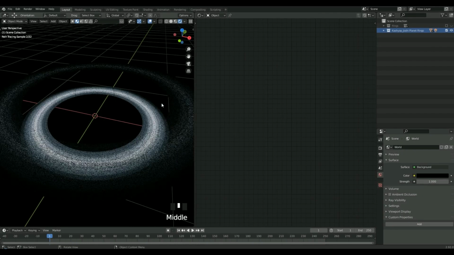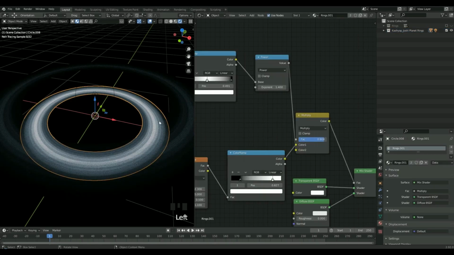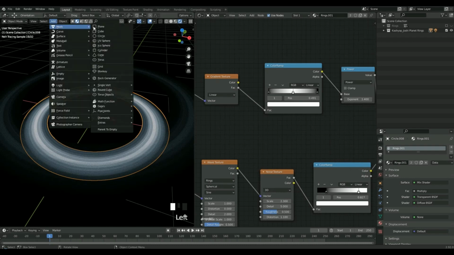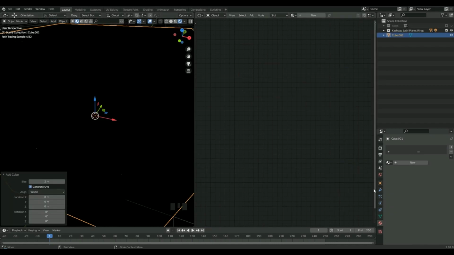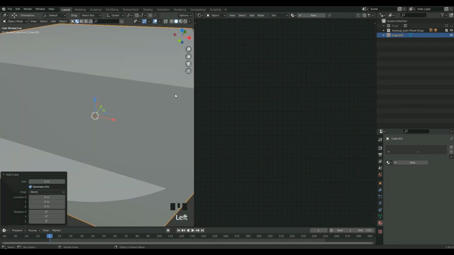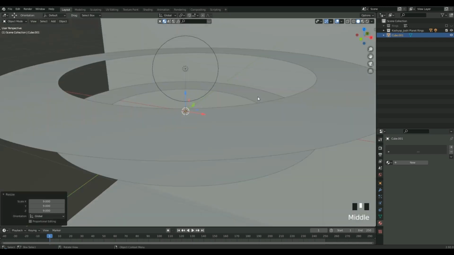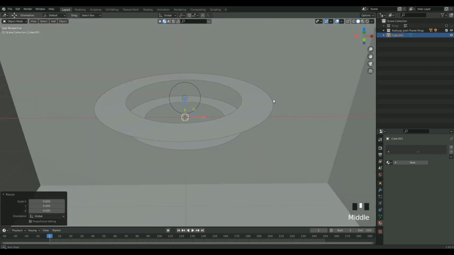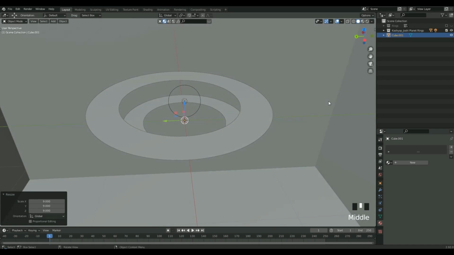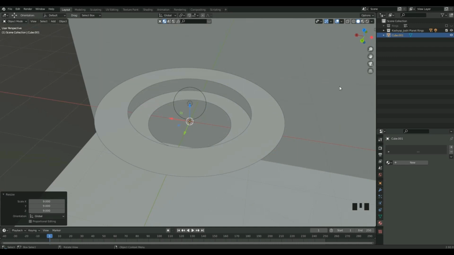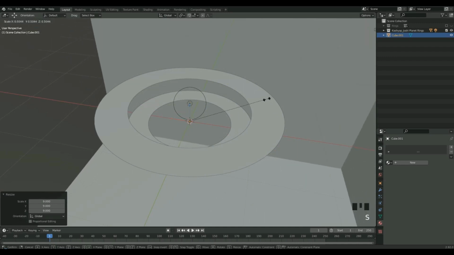So once you have your rings ready, make sure you create another cube. So for this cube we're going to need a material. Click on press 9 to make it a larger cube, and this is just a volume box that I'm going to create here. So just scale it down a little bit,